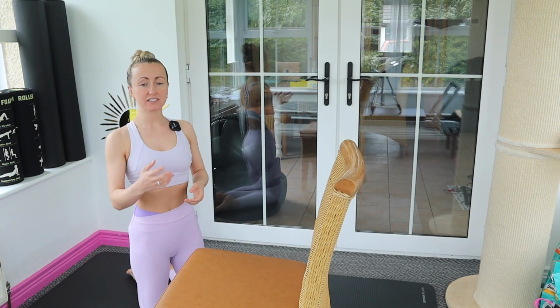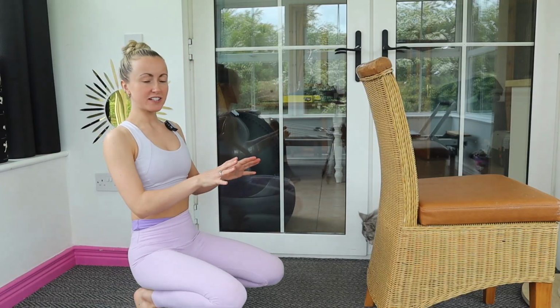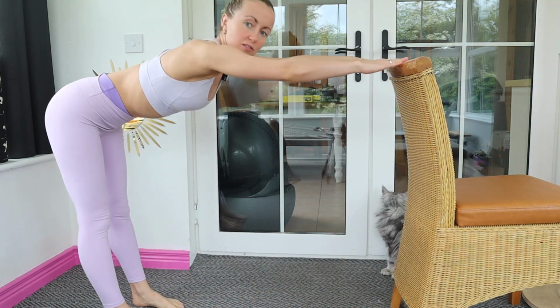For this class you're going to need a chair, a mat and a bit of wall space. For our first exercise, you have your chair and just give yourself enough space so that we can hinge forward